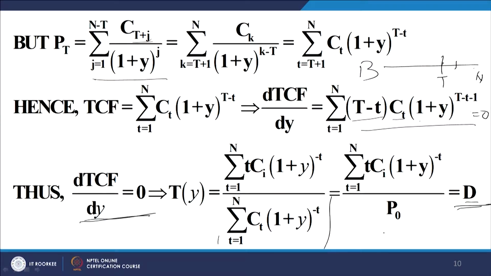So, what is the outcome of this? The outcome is that if I am holding a bond, I am invested in a bond, and I plan my investment horizon in such a way that my investment horizon equals the duration of the bond, then I get immunized against any fluctuation in market interest rates. So, that is the outcome of this analysis. Now, let us look at what are the assumptions or what are the caveats, what do we have to be careful about while implementing this philosophy.